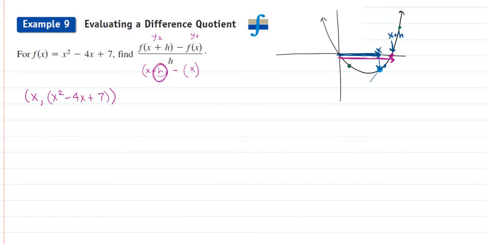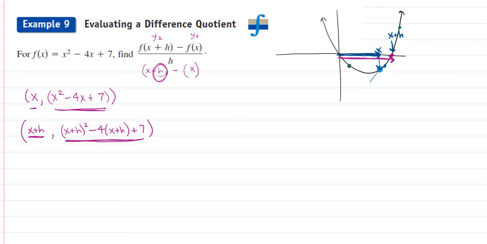And this is our x value, this is our y value, right? Now we're going to use x plus h. So our input is going to be x plus h. That's like our new x value. But our output is everywhere there's an x, we have to put x plus h instead. So we're going to have (x plus h) squared minus 4 times (x plus h) plus 7. So that's our second coordinate,